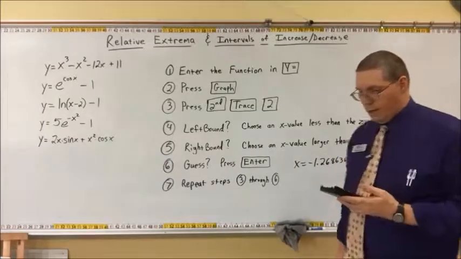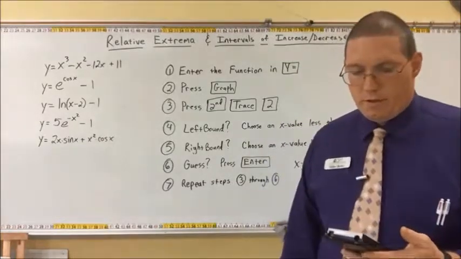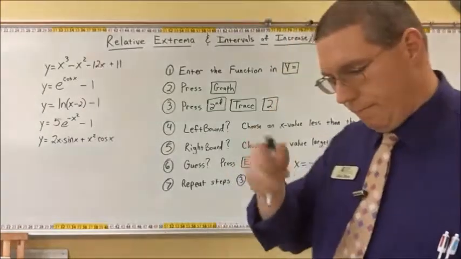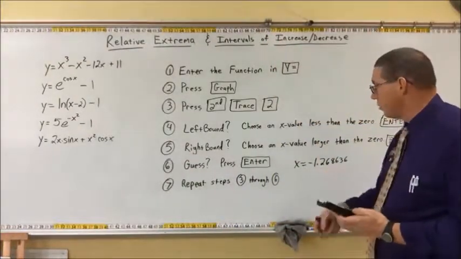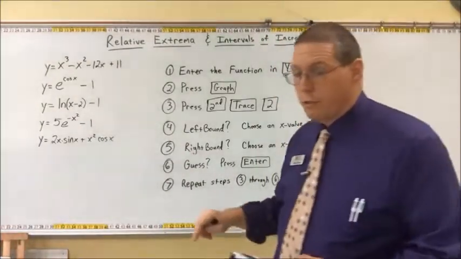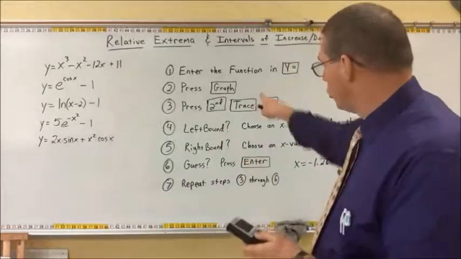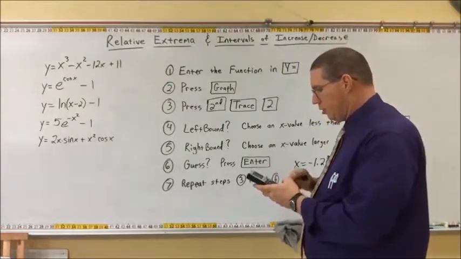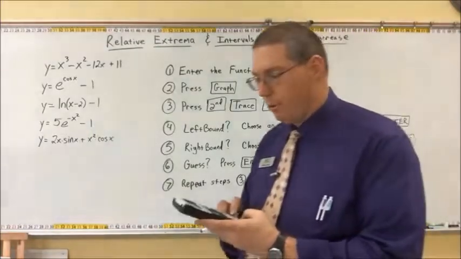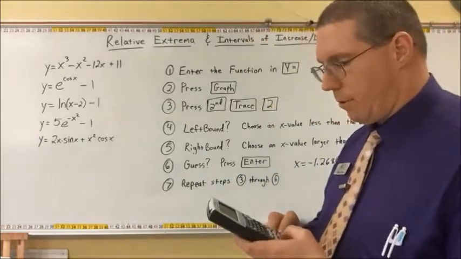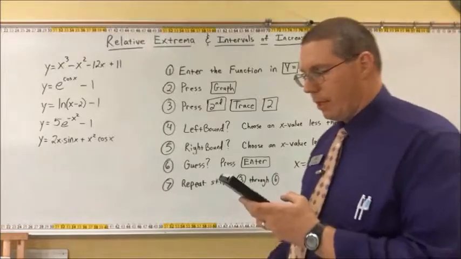68636. And I'm betting that the other one, it looks very symmetrical there to the y-axis. I wonder if the other 0 is at the positive version of this, but I'm not going to make any assumptions. Let's go ahead and hit second, trace, then option 2, left bound. The next one looks like it's between 0 and 2. So left bound is 0, right bound is 2. Press enter, and I get, yep, sure enough,